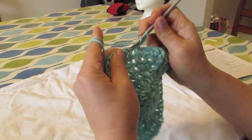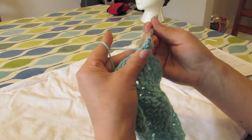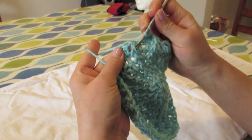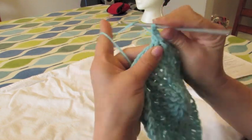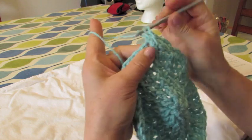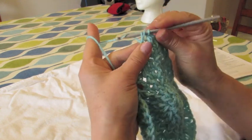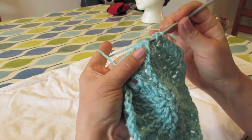and then we want to do 2 double crochets in the first stitch here after the front post, so that's 2, and then 1 double crochet in the next stitch, and then it leads you to the next front post double crochet, which you will do, and then 1 double crochet in each of the next 3 stitches. So that's the repeat. So one more time, front post double crochet,